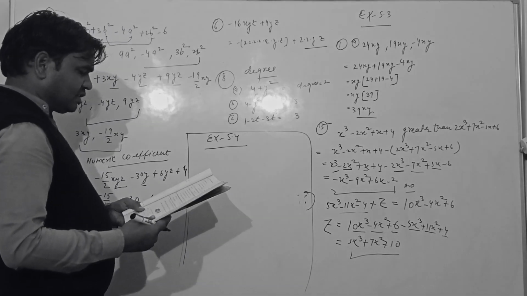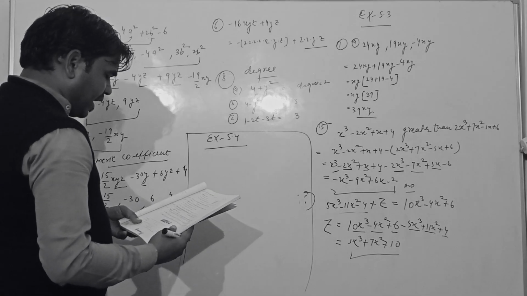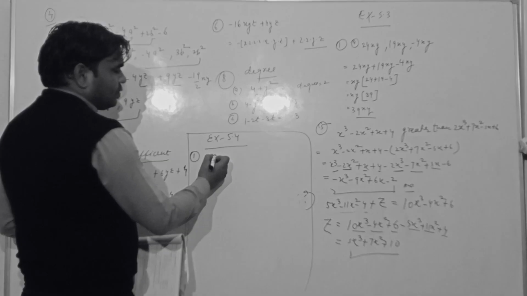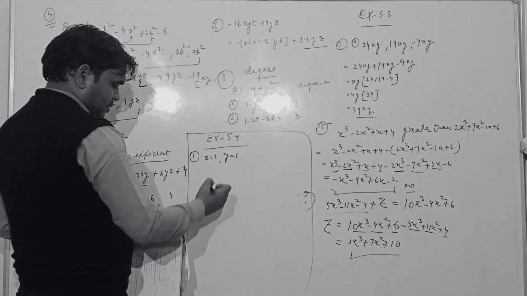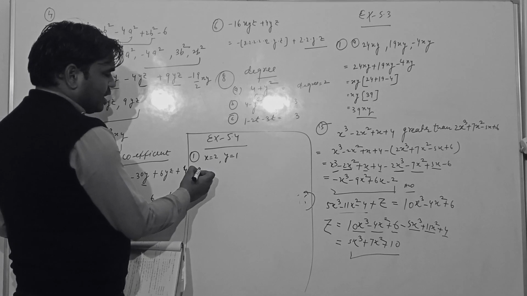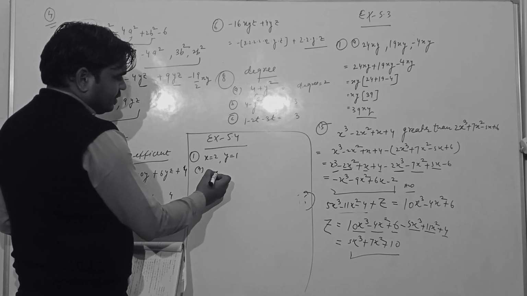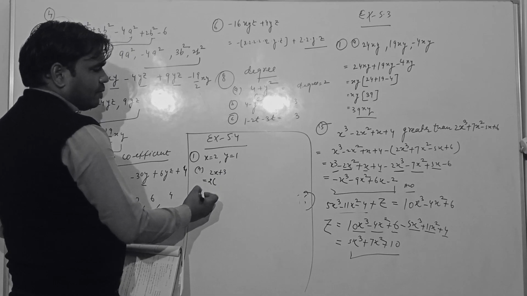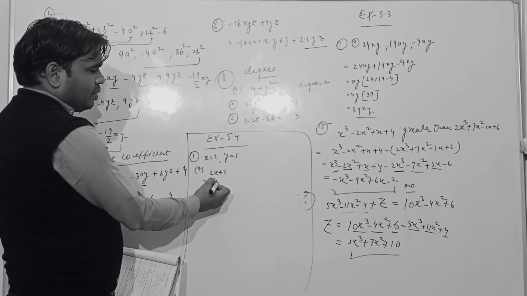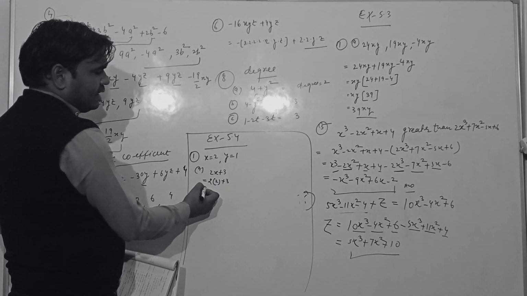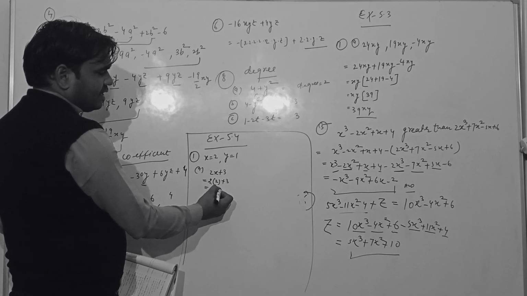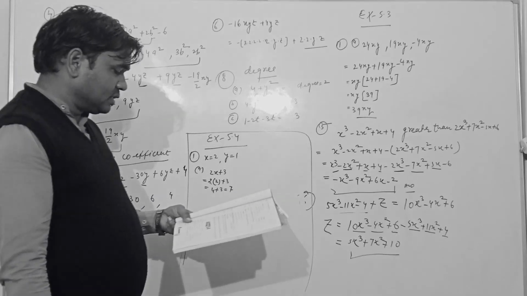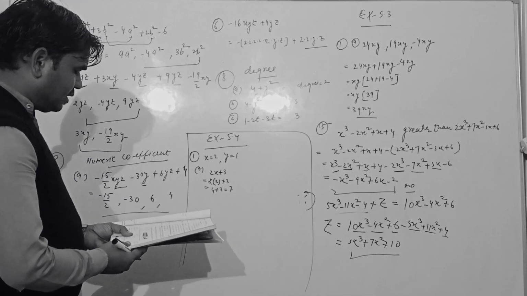this is if x equal to 2, y equal to 1. First question, x equal to 2 and y equal to 1. And here we find out the value. This is 2x plus 3. It means to say the value of x here is 2. We put it here and we can write, so 2 times 2 plus 3, that is 7. So we can write here, students. After that you can see E part.